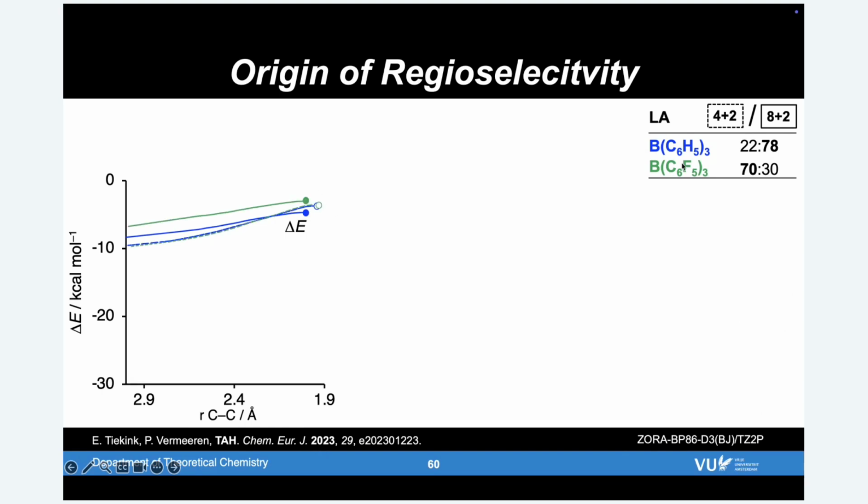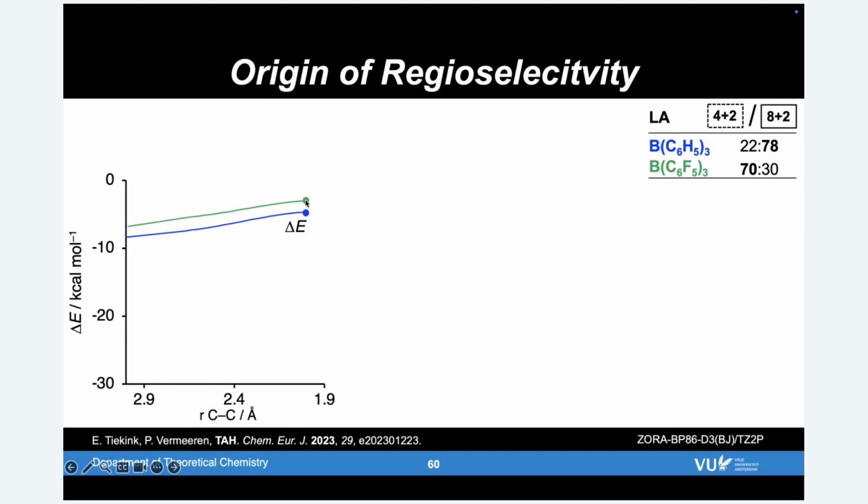And in green, we have the perfluorinated Lewis acid, where the regioselectivity is inverted. And the solid line is again the 8+2, the dotted line is the 4+2. It was very interesting to see that the Lewis acid really doesn't have an effect on the 4+2 pathway for either of these reactions, right? The 4+2 barriers are superimposed on top of each other. But it's really the difference in the ability of the Lewis acid to catalyze the 8+2 pathway. So it really benefits the 8+2 pathway when you have the triphenylborane, and when you perfluorinate it, it slows